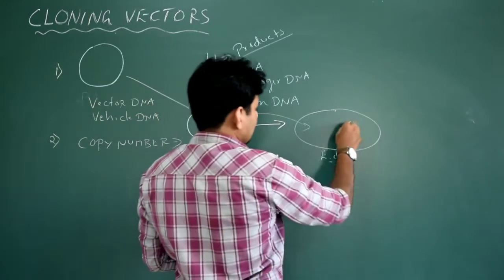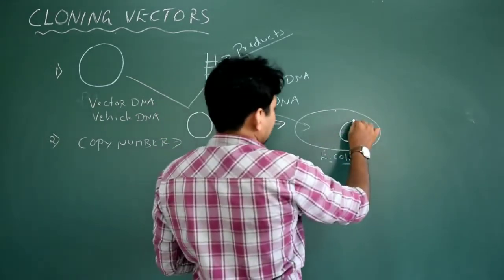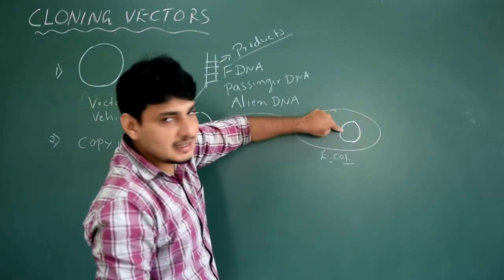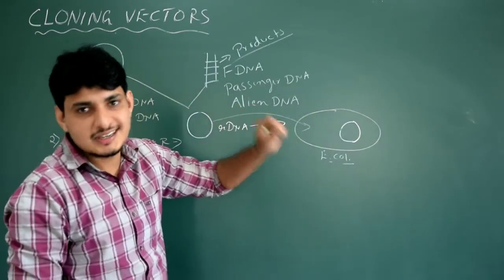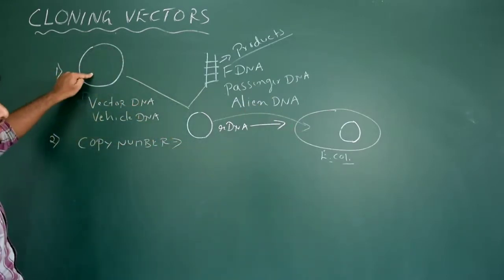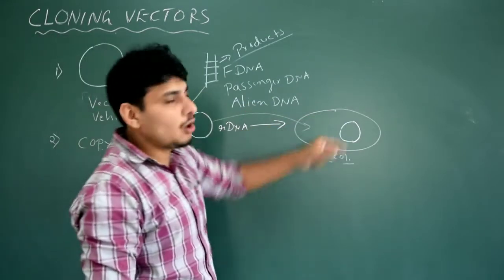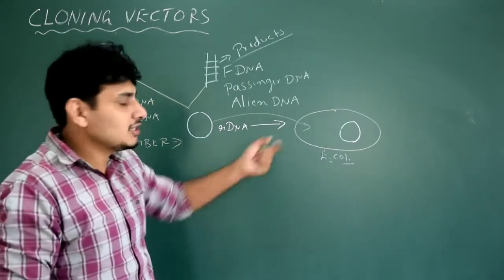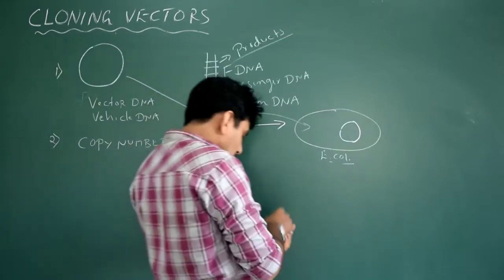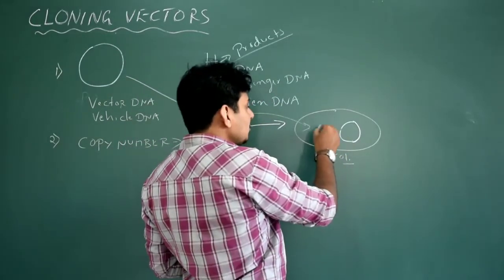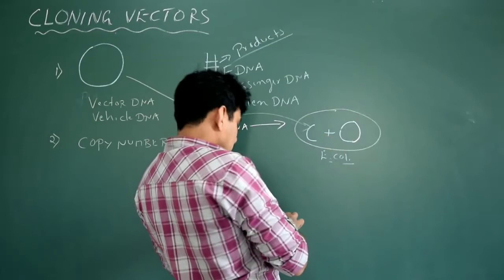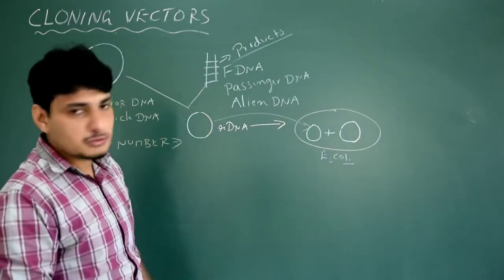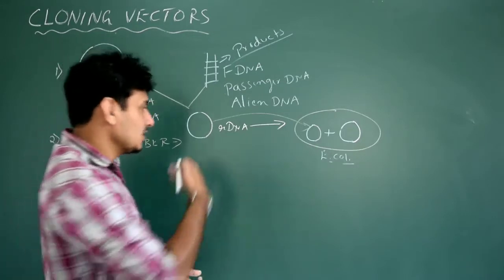Let me just write the blue and white here. This particular vector DNA has certain properties. That is the reason why we select this particular vector DNA. What is the property? It has the capacity to replicate independently. So that is an important character actually. Because of that character, it further divides, replicates within the host organism and produces multiple copies. See, we have two now. Earlier we introduced one, now we have more, correct? Okay, so this is the thing.